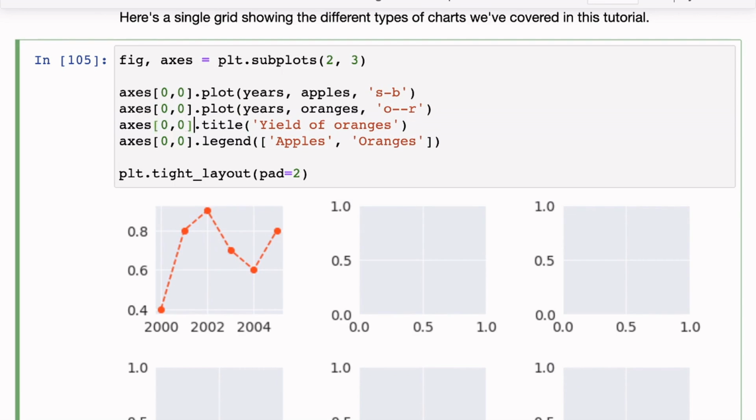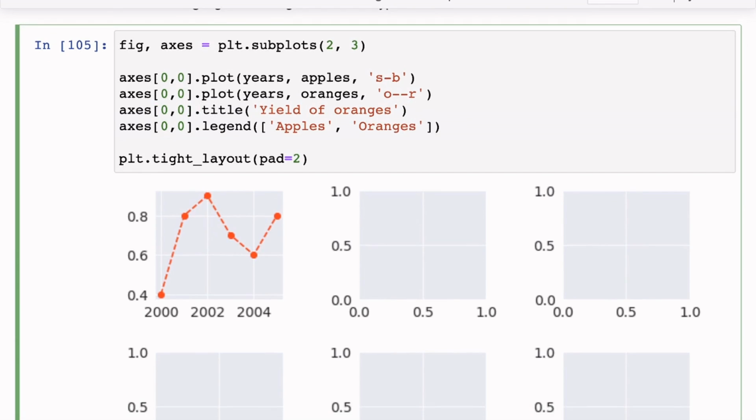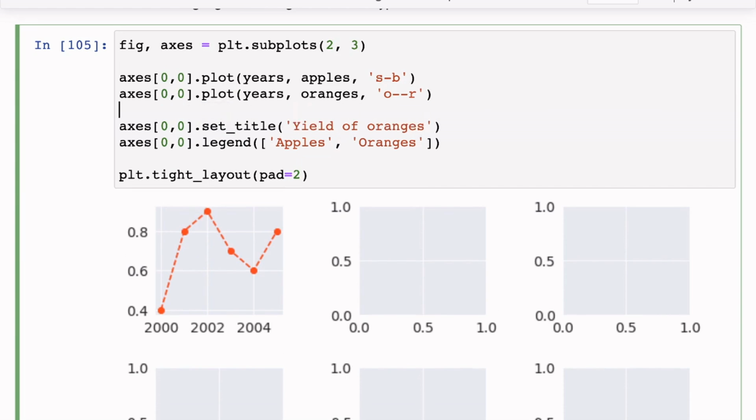but there are a few differences. To understand these differences, you can refer to the documentation. I'll provide a link below. To set the title, you need to actually call set_title. And if you want to set labels, let's say X label and Y label, in plt we were doing .xlabel, but here you need to do set_xlabel.